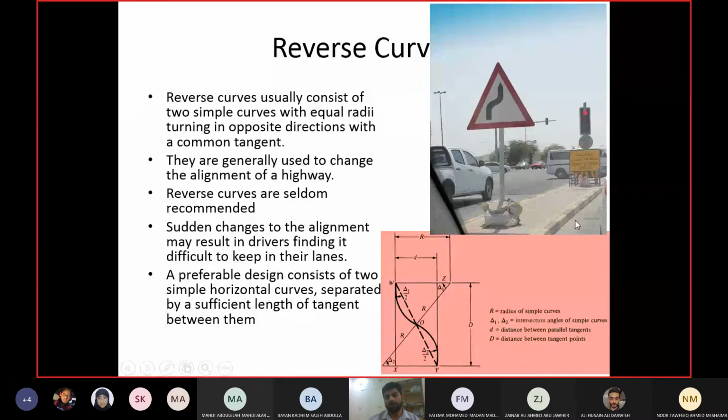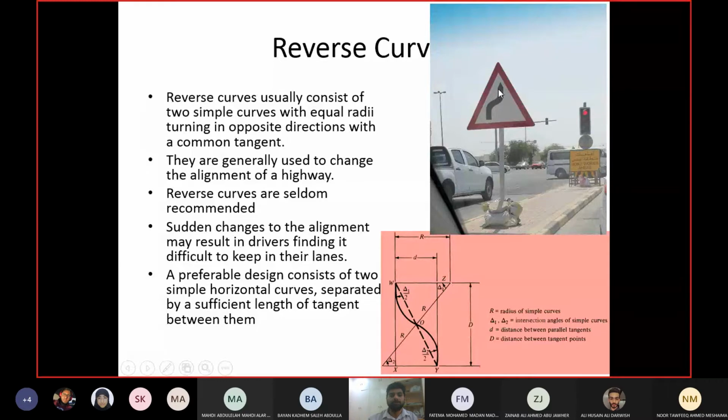So when you go from 16 December highway to Sheikh Zayed highway, these are all in front of the campus, right? When you cross the intersection, the other lane is closed. On the other side, the lane was closed, so you had to shift. You are on this lane, and then you have to shift to the other lane. You have to continue like this. You can see there's a warning sign that there's a reverse curve. This is one curve, and this is the other curve.